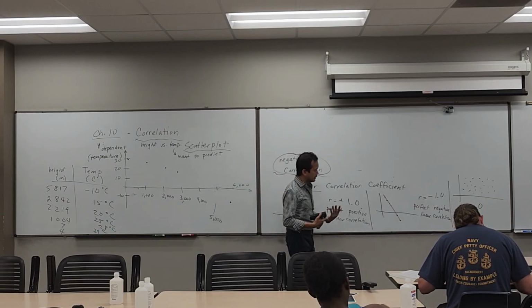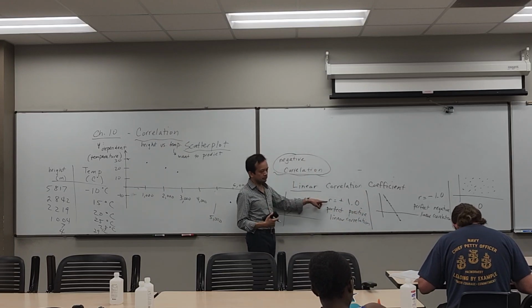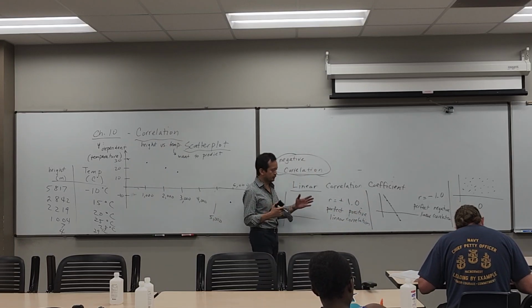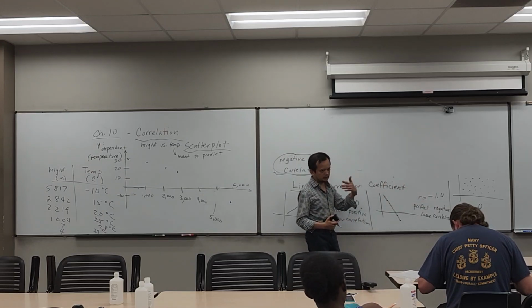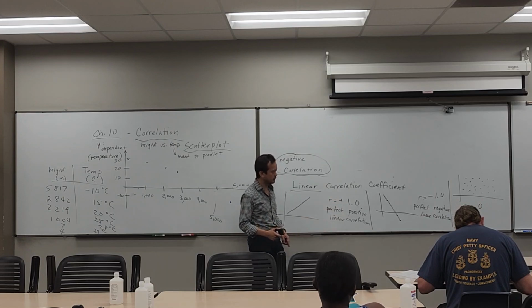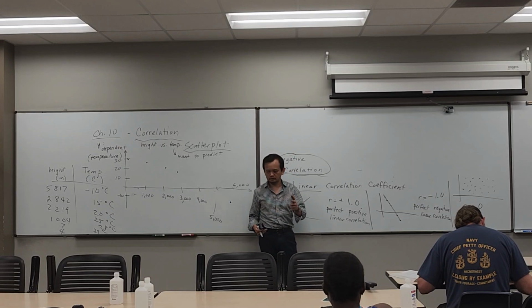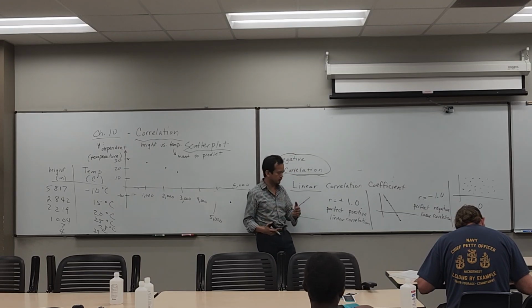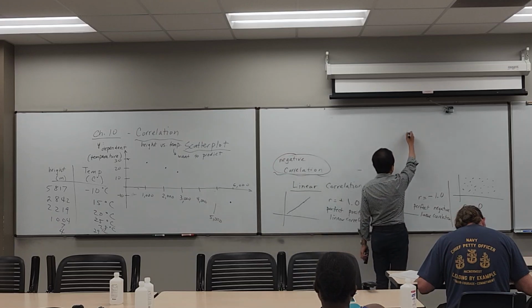So all linear correlation coefficients have a value that's measured by the symbol r, and r varies. The smallest possible r that you can have is -1, and the biggest possible r you can have is 1, that reflects perfect correlation in both cases. And then anything in between represents possible linear correlation that's not the perfect case. So for example,